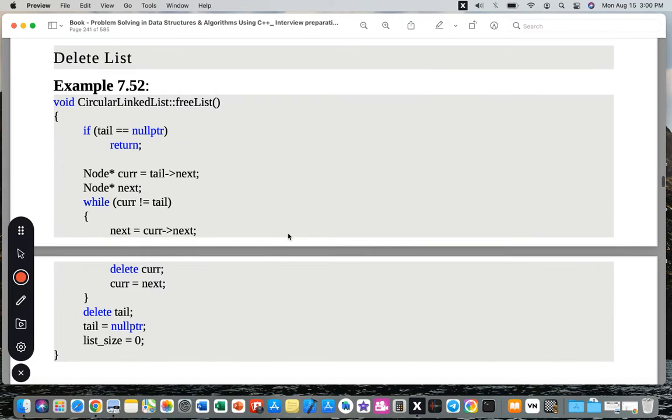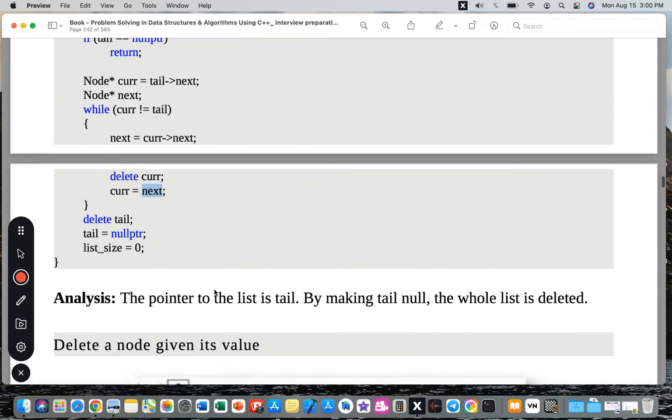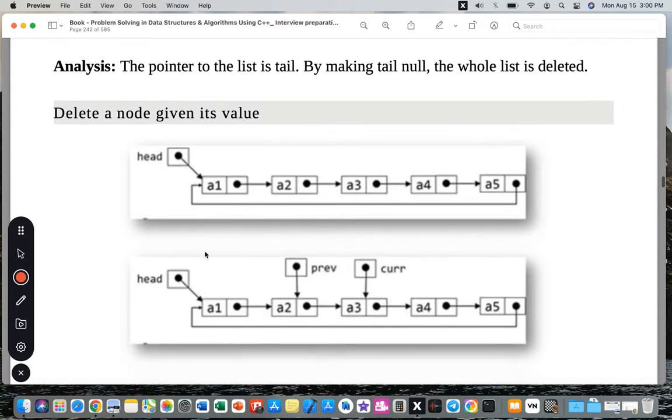All right, delete list. We just delete everything. Just start from the beginning till the end, and each time we delete the current, right? We go to the next, we delete the current, then make the current equal to the next, and keep going. And this way we delete everything. We set the tail equal to null pointer, and the list size equal to 0, and this way we vanish the whole linked